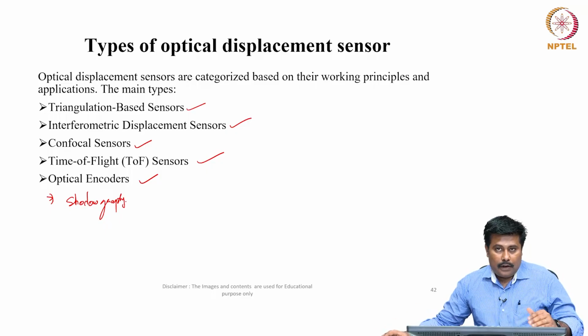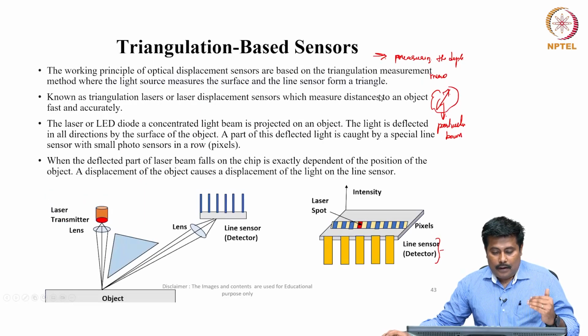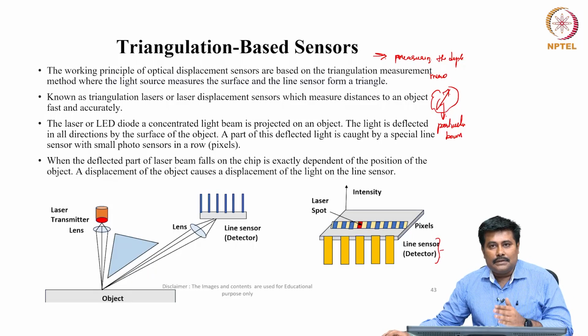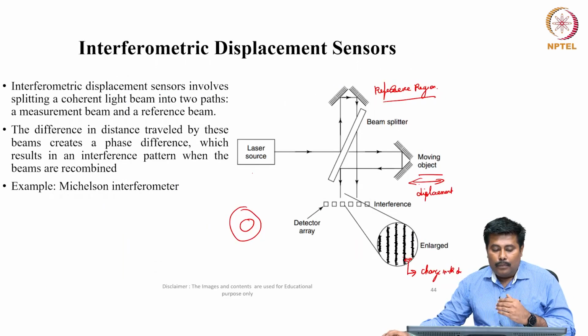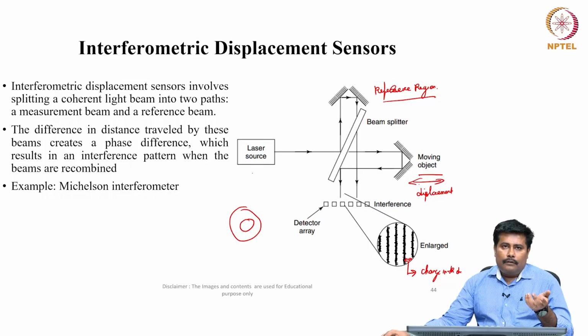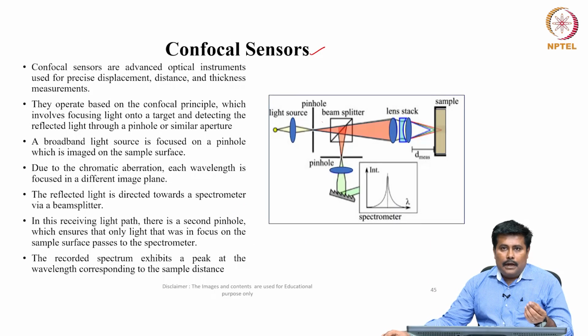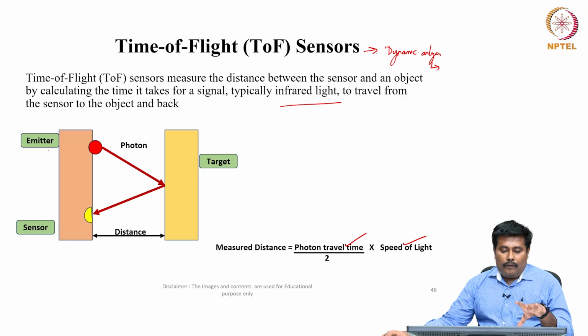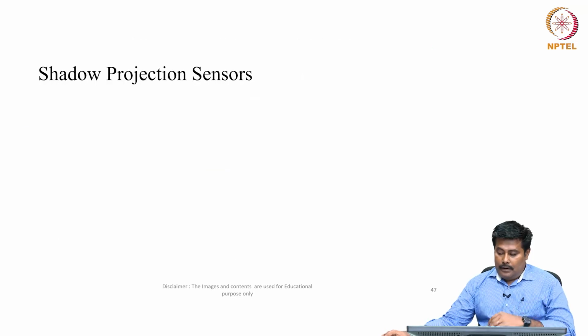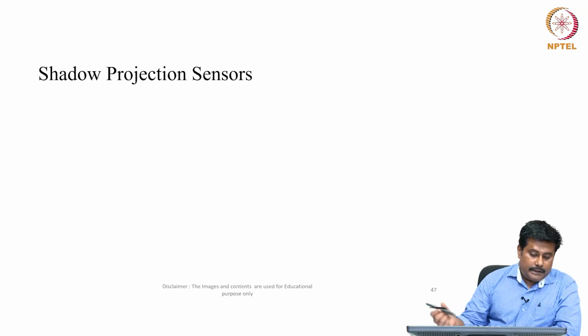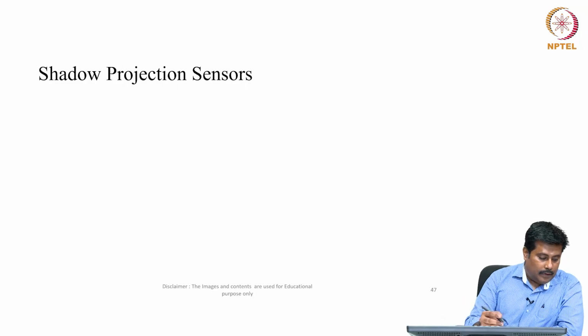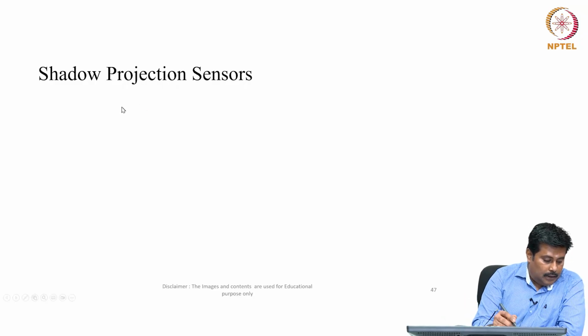So we have gone into detail about the different categories of these optical-based sensors: the triangulation-based sensor, and how these triangulation-based sensors are deployed for microrobotic applications, the interferometric displacement sensors, the confocal sensor, and the time-of-flight sensor. Now we will discuss the shadow projection sensor. Some of the key components involved are